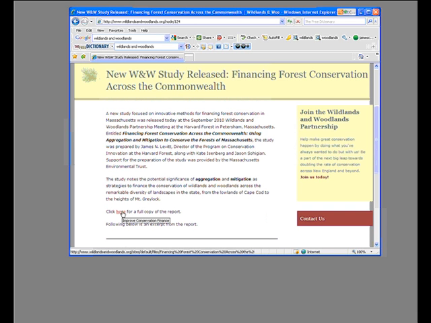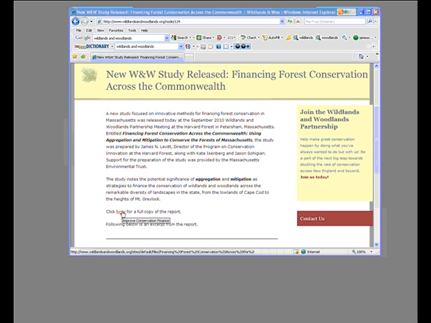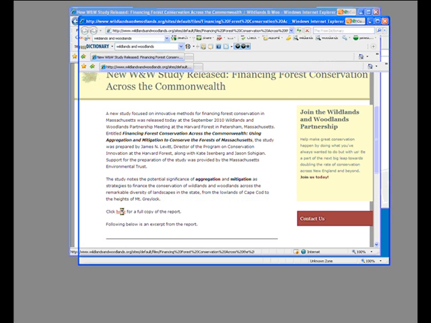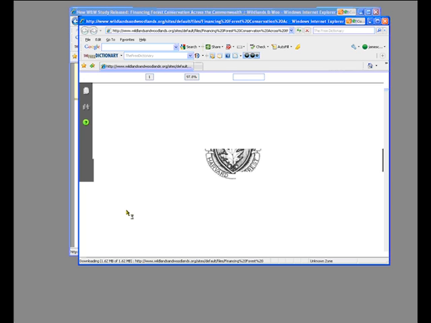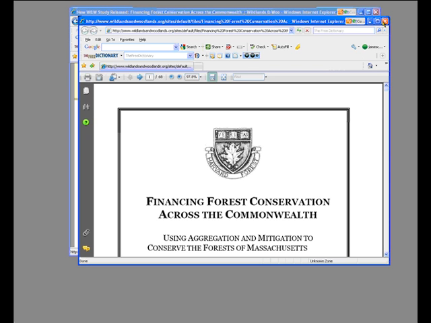That is the technique of aggregation as a method of financing forest conservation, as well as the technique of mitigation for forest conservation and for the conservation of other kinds of landscapes, seascapes, and natural resources in the United States and across North America. So with that, I want to introduce to you Leigh Youngblood, and we will get that